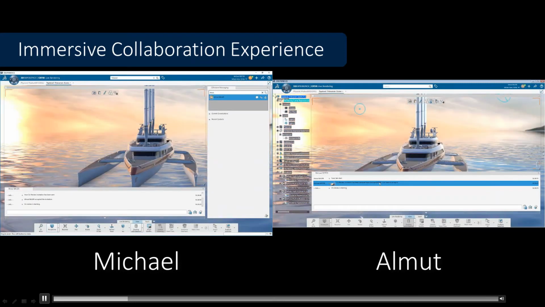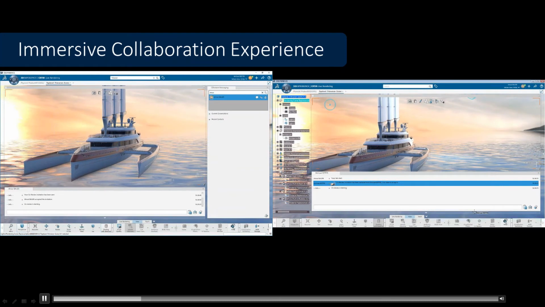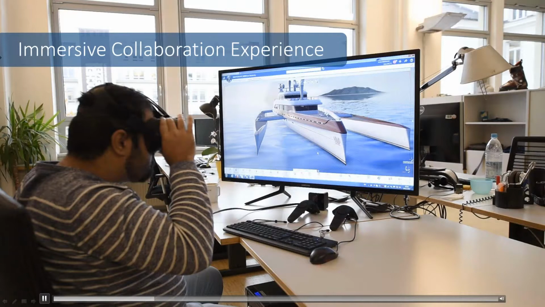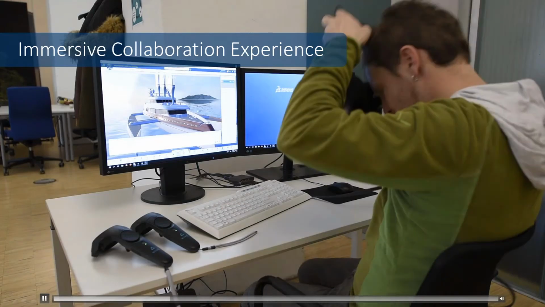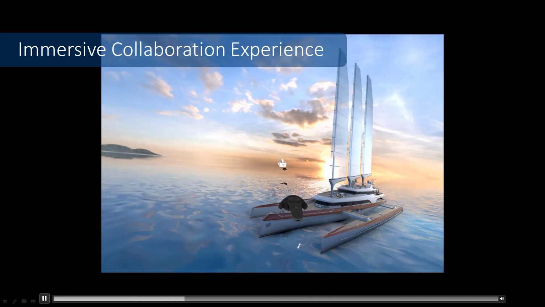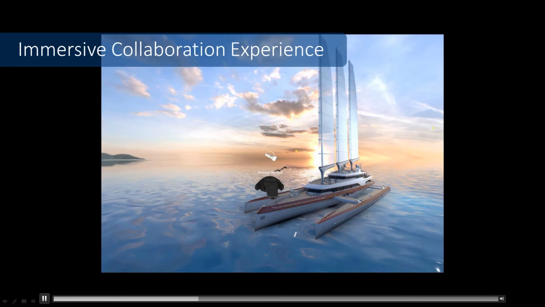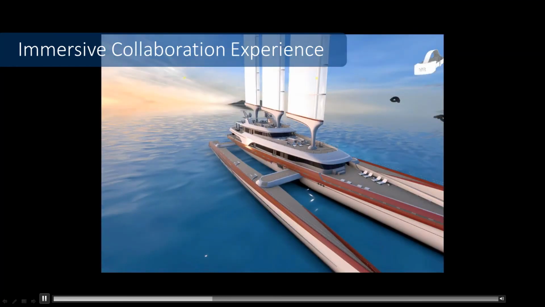So you can see this is from each desktop. They're both meeting in this 3D space, viewing the yacht and with independent control of their positions. And now they're going to put their headgear on. And they're both going to join the session, a collaboration session. And you can see it's easy to see others in the session and get their name from the system just